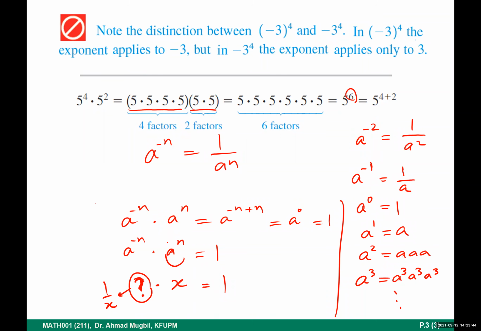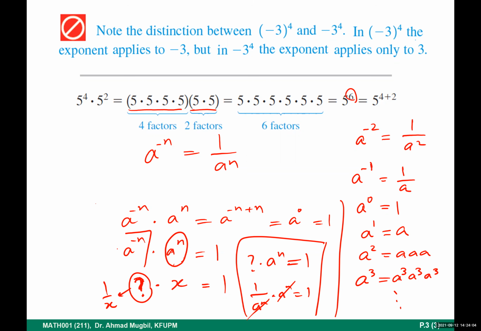So now, what is the number that if we multiply it by a to the power n, we will get 1? A to the power n times what to be equal to 1? It is times its reciprocal. Now this a to the power n will cancel with this a to the power n, and you will get 1. So because of that, a to the power negative n is equal to